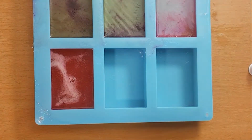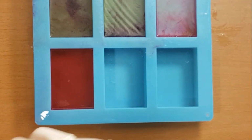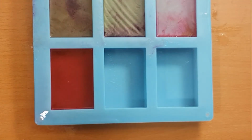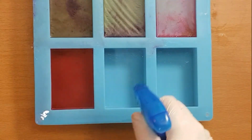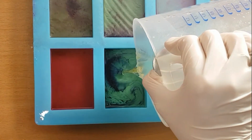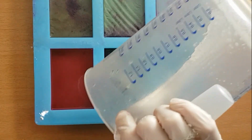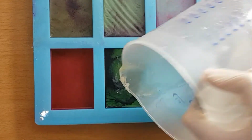Well, that worked, cool. That somehow turned out completely different than the other ones. I don't know why. Alright, next color, Grape Purple. The alcohol first. And soap on top. And that's really cool, that ended up to be